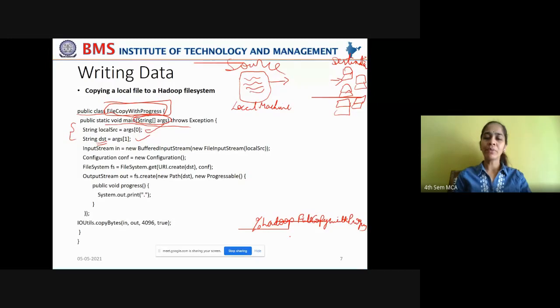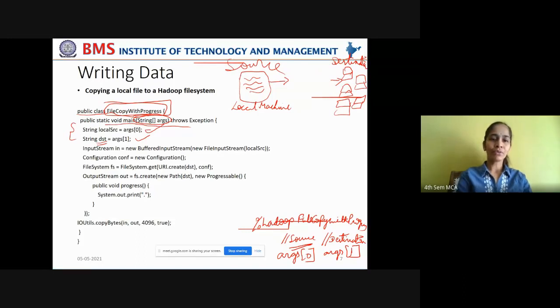Now I give the source path from where the data has to be read and destination path where the data has to be written. Okay, so this is my command line argument 0, that is my first argument, and this is my second argument where the data has to be written to.